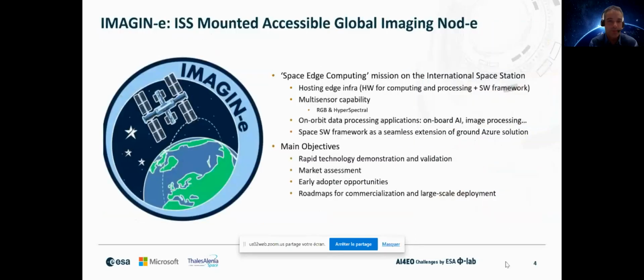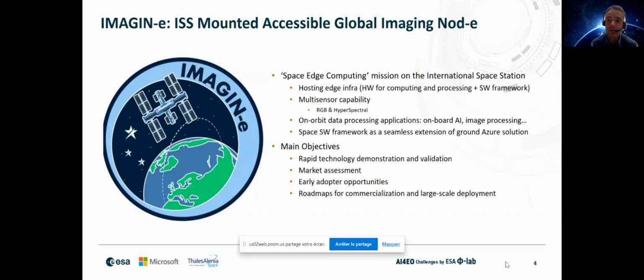Okay, next one is about the Imagini mission. As a reminder, Imagini stands for Mounted Accessible Global Imaging Node. So it's really a fantastic testbed to embed applications containing AI or not. And by the way, inside the ISS, it will offer two main sensors: an RGB camera and a hyperspectral camera. So it's really a great opportunity to have two sensors on board and be able to use them, let's say, simultaneously. It's a very good testbed for onboard applications for AI, image processing,